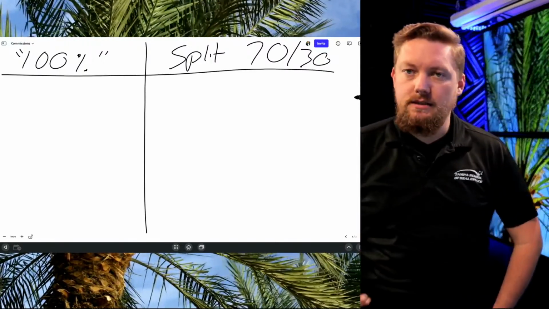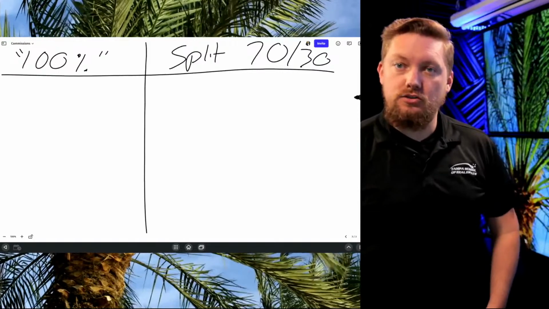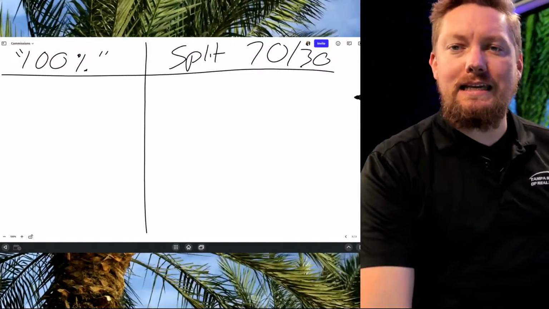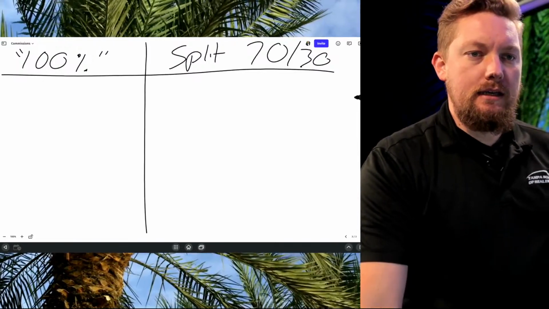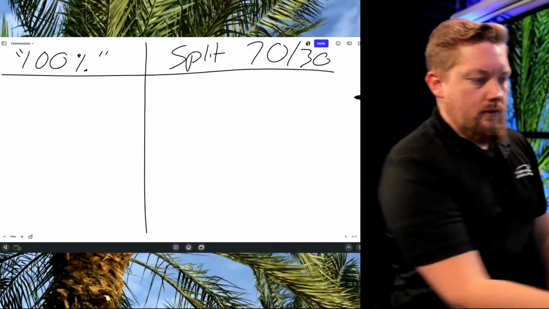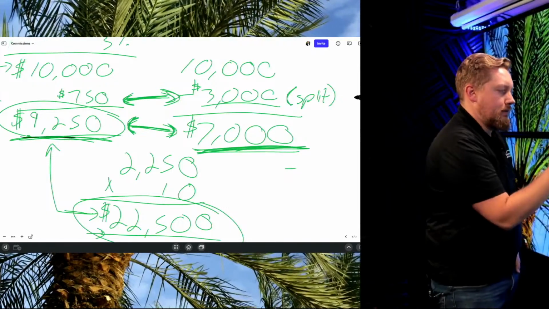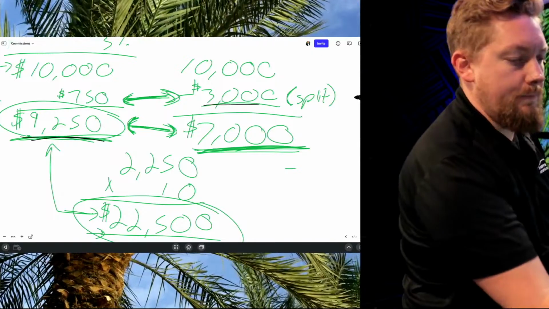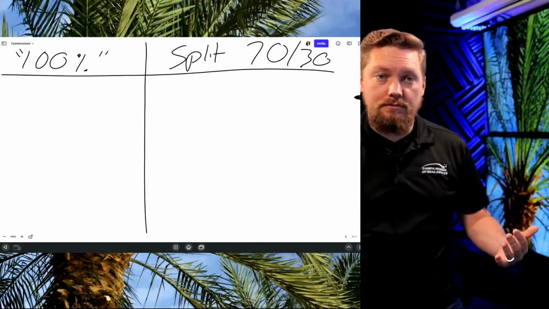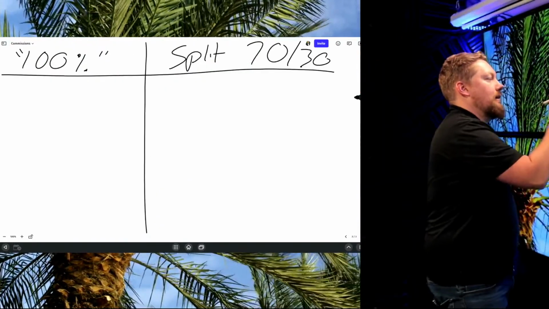You might have a split that's lower than that. You might have a split that's more than that you're looking at. And you might be saying, why would I even look at a split? Why would I even consider a split if I am going to make more money in the 100% model? Why would I want to split that with a broker? Well, the key thing beyond just the money, so on that $10,000 example,